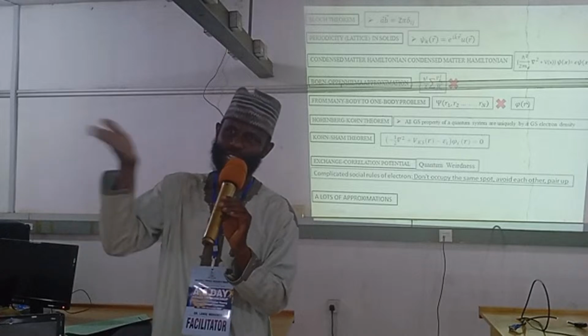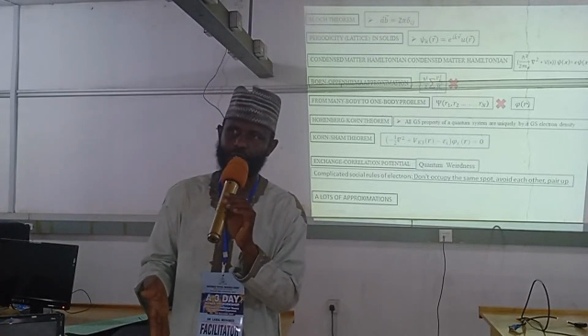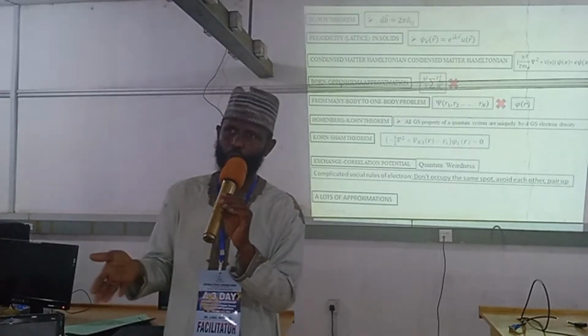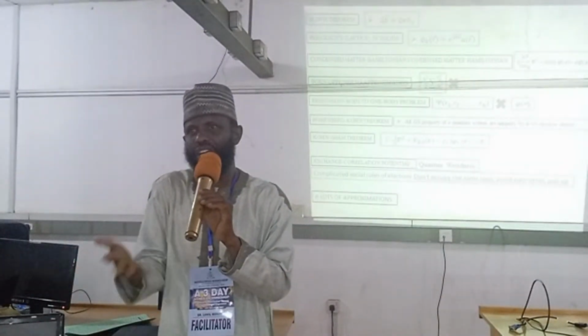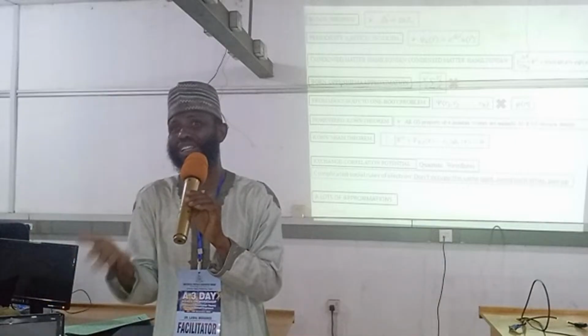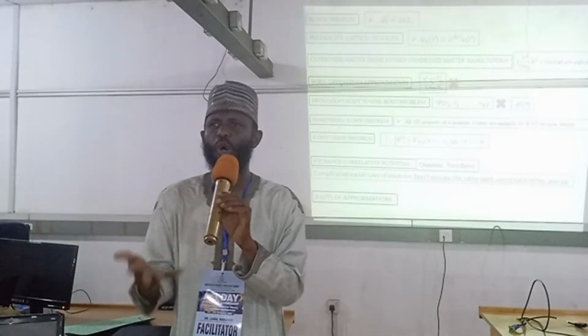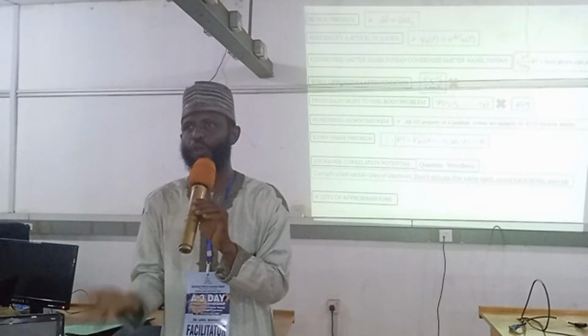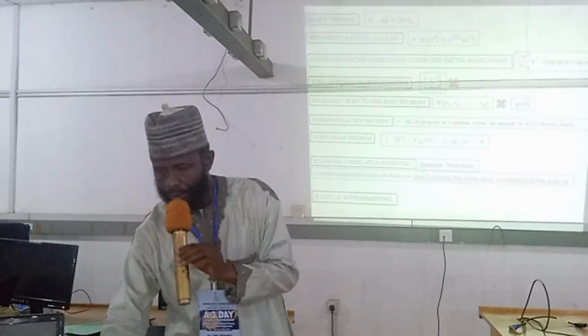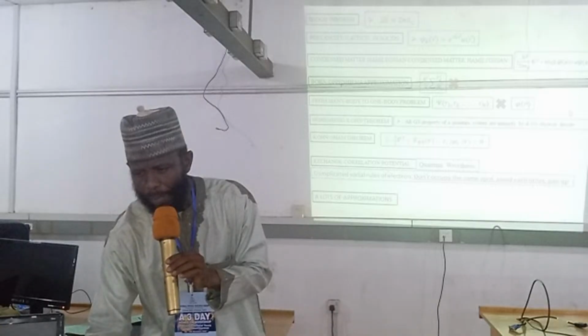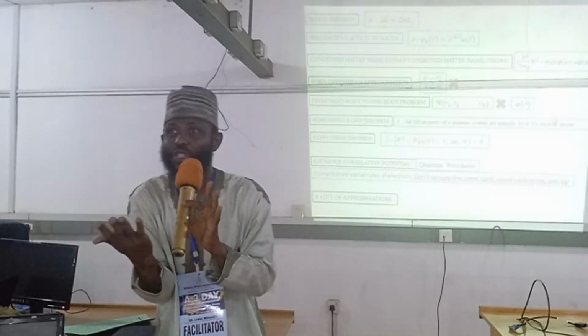So it was later after this, in 1965, that Kohn and Sham now proposed what they call a clever trick. In fact, that clever trick was what earned them a Nobel Prize. Okay, so what he proposed actually is what we call